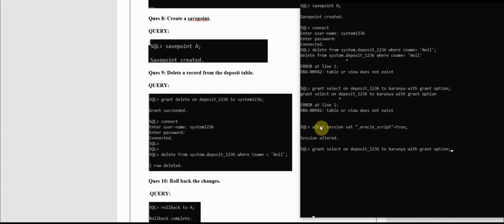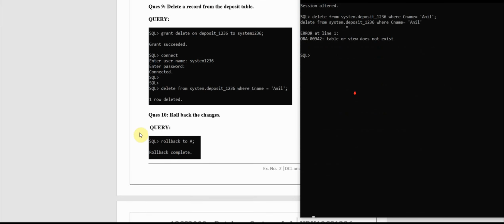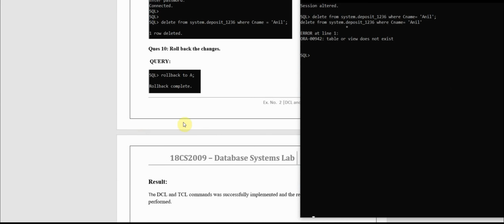Altered successfully. Is it delete from system.deposit 1236 where cname. So for cname, C should be capital. So delete from system. Okay. So this error is showing a little. So let me go for the next question, that is rollback A.